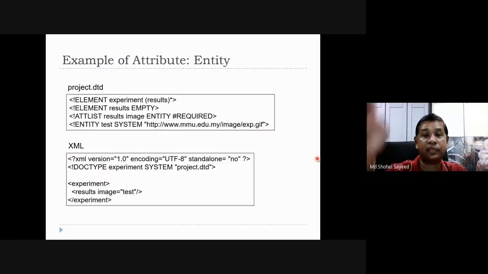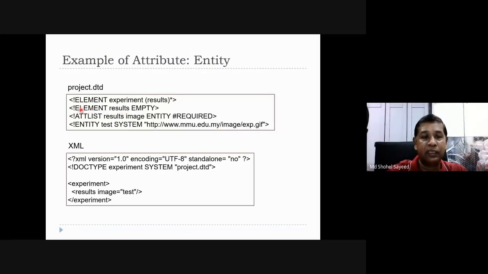Next, entity. So this is the document type definition, project.dtd. We first define element experiment, result, star. It may be zero or it may be many.